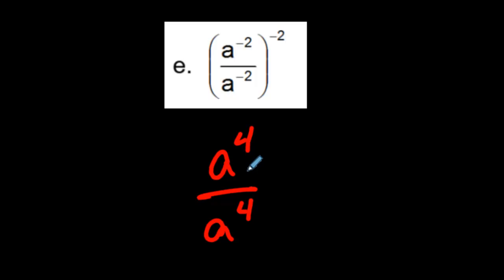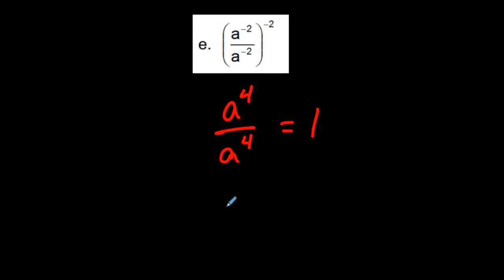By the way, there's 2 different ways of looking at this. The same thing divided by the exact same thing. So something divided by the exact same thing, you're always going to get 1 as your answer. But there's another way to look at this. When you divide, like a to the power of 4 divided by a to the power of 4, from the